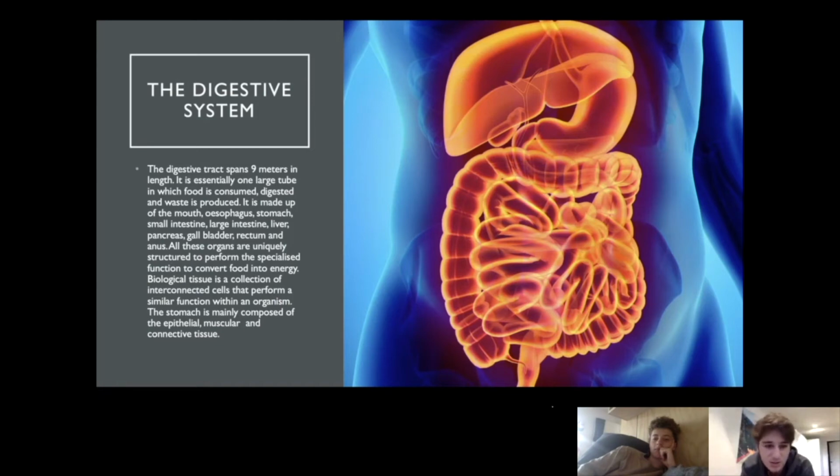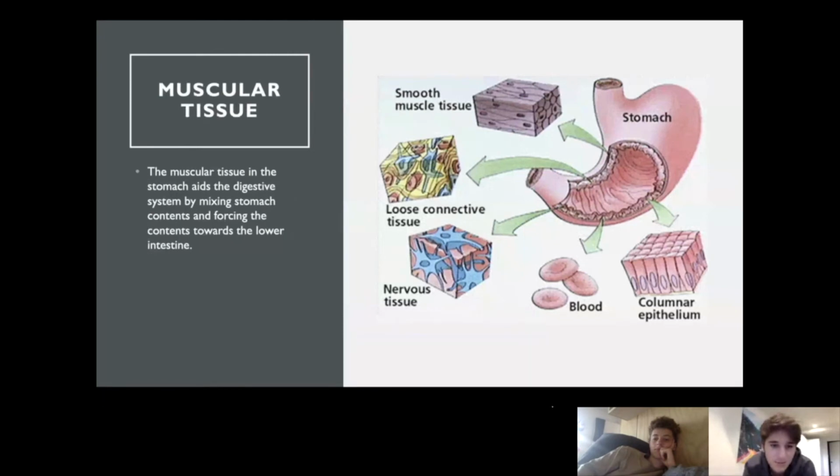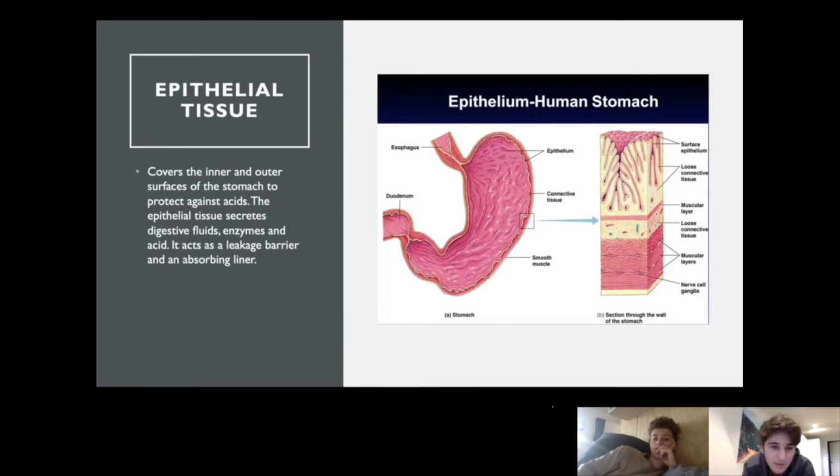Biological tissue is a collection of interconnected cells that perform a similar function within an organism. The stomach is mainly composed of epithelial, muscular, and connective tissue. Muscular tissue. The muscular tissue in the stomach aids the digestive system by mixing stomach contents and forcing contents towards the lower intestine. Epithelial tissue. This covers the inner and outer surfaces of the stomach to protect against acids. The epithelial tissue secretes digestive fluids, enzymes, and acid. It acts as a leakage barrier